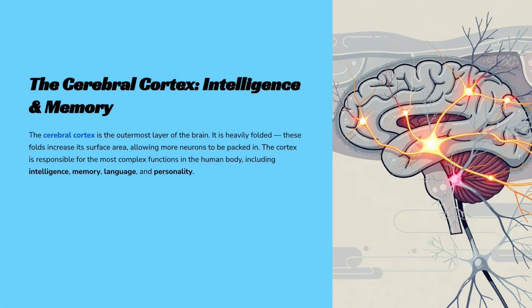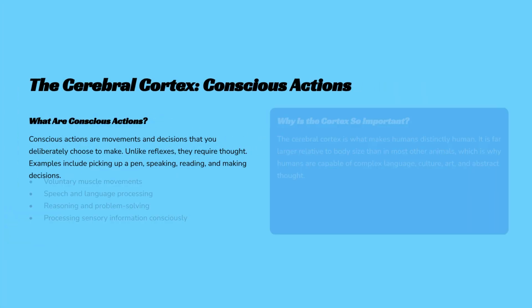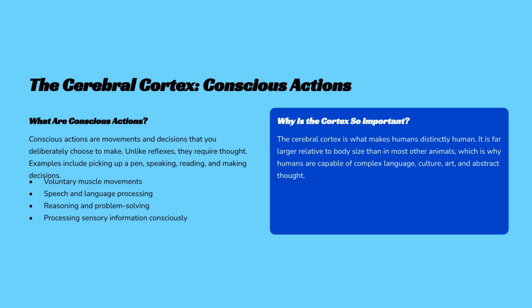The cerebral cortex is the heavily folded outermost layer, increasing its surface area to pack in more neurons. It's responsible for complex human functions like intelligence, memory, language, and personality. Conscious actions are deliberate movements and decisions that require thought, such as voluntary muscle movements and problem-solving. The cerebral cortex is vital because its size, relative to body size, is what enables humans' complex capabilities like language,